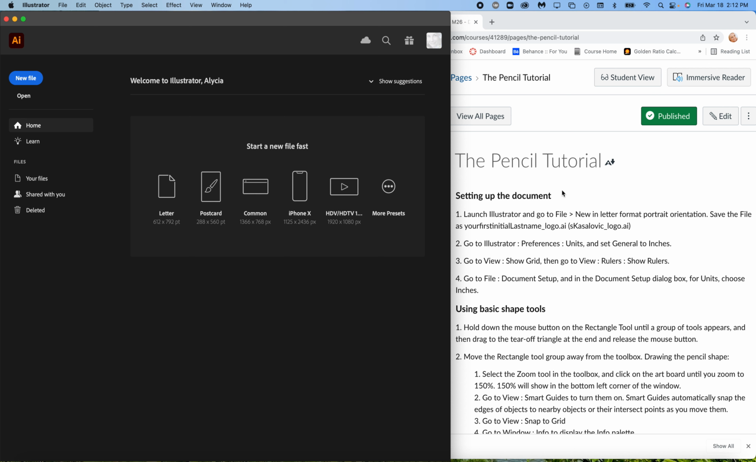Hey everyone, we're going to work on the pencil tutorial. So the first instruction is to launch Illustrator, and we're going to make a new document that's letter format, portrait